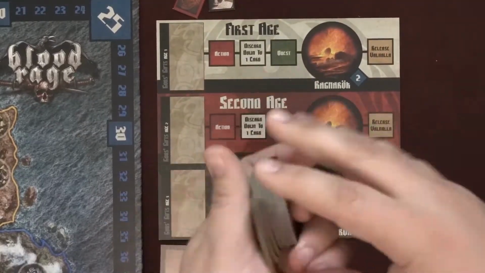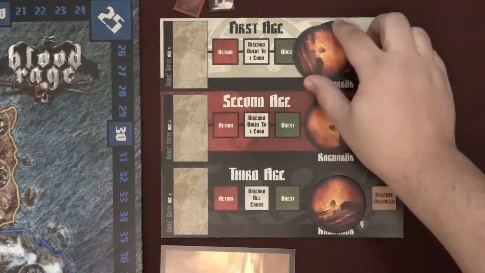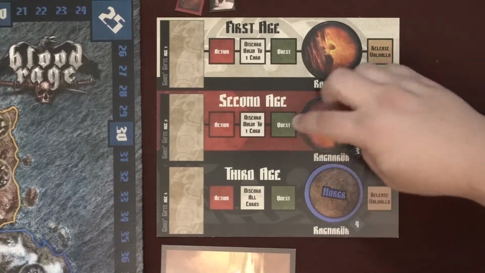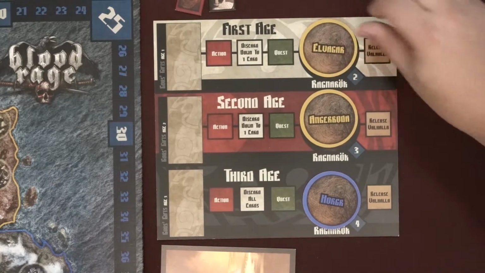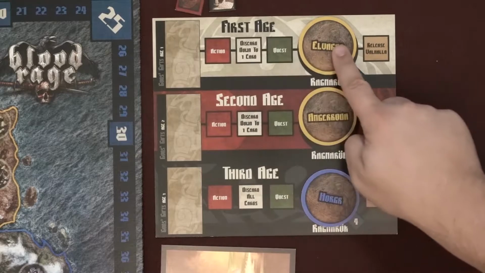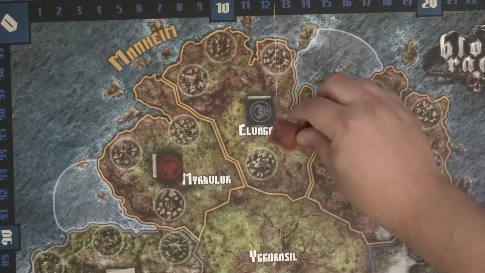Take all 8 Ragnarok discs and shuffle them. Place 1 at each of the 3 Ragnarok spaces on the Age Track. You should see which provinces they are so players can plan ahead. Note the location disc in the first Age spot. Place the Doom token in that province on the map to indicate that this is the next province to be